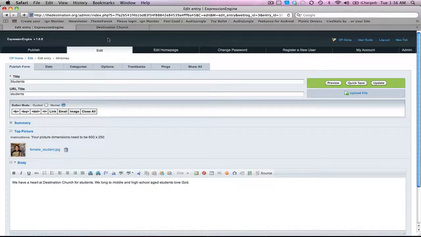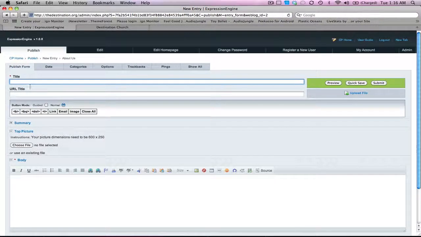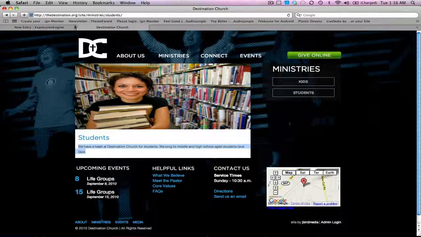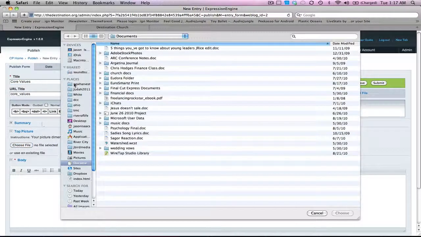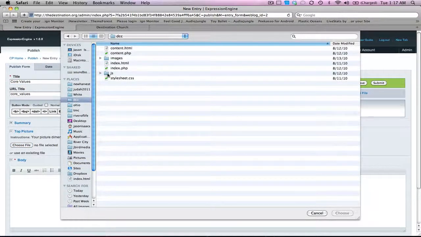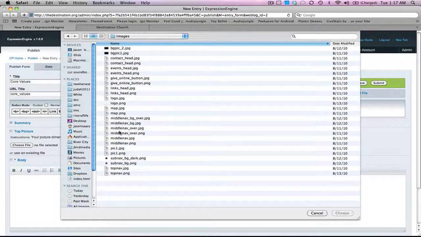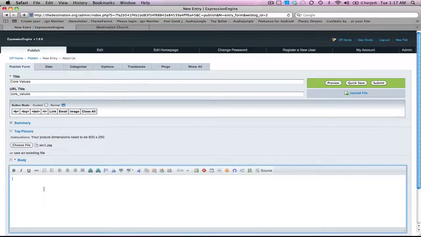So that's pretty self-explanatory. You get the same form for the About Us information. You get a title, a picture, and a body. So right now under About Us, we have what we believe, but let's just say we wanted to add one that said core values. Excuse me. I could go pick out my picture. For right now, I'll just pick this one. And then under body, we'll just say core value content